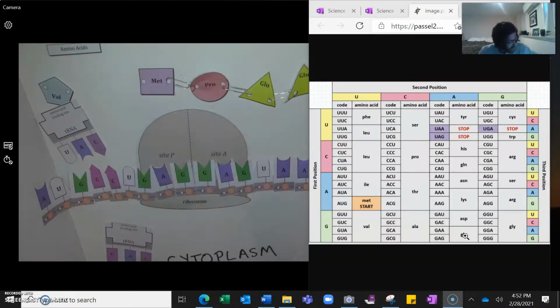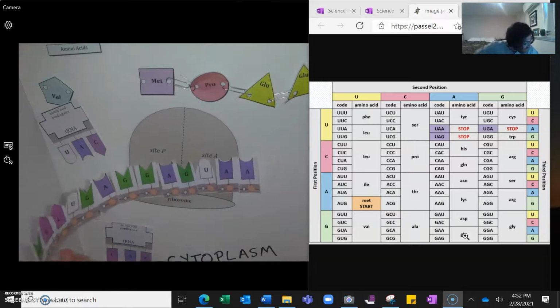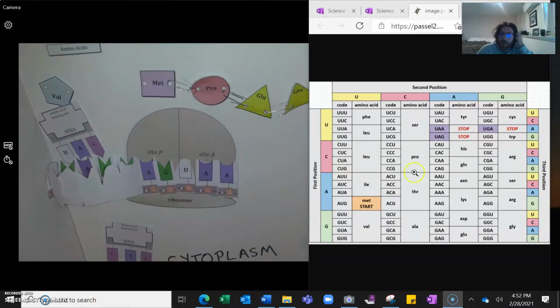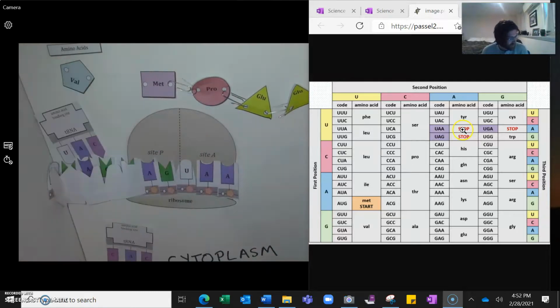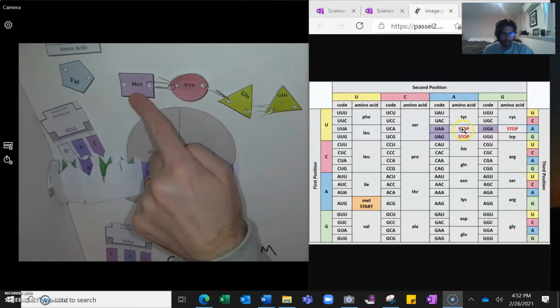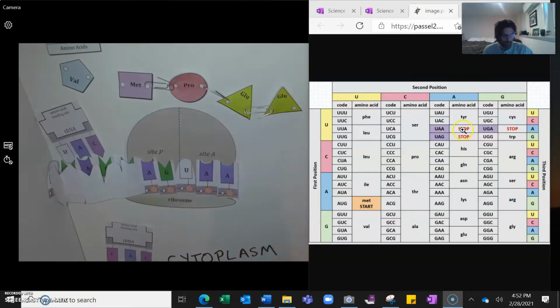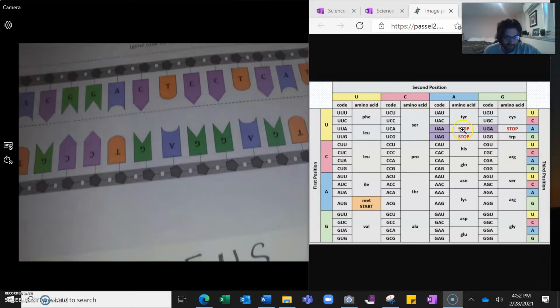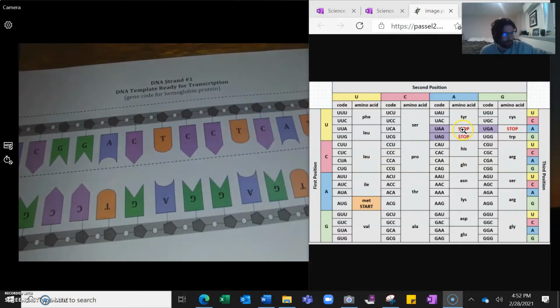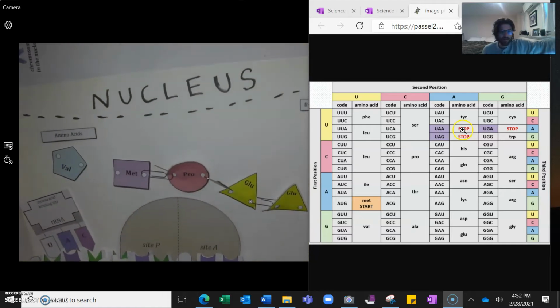Let's read our next code of 3, which is UAA. Okay, let's find it on the chart here. UAA, that says stop. Okay, that means we got nothing to add. We don't add this amino acid. This right here is our chain. Okay, met, pro, glue, glue. All right, that gives us the hemoglobin protein. This chain of amino acids